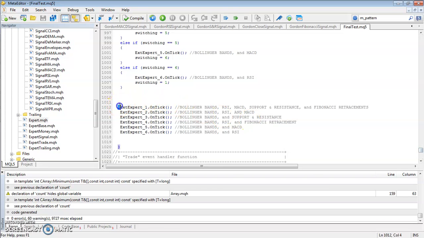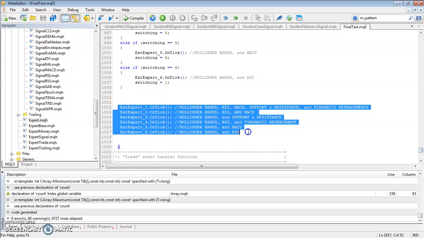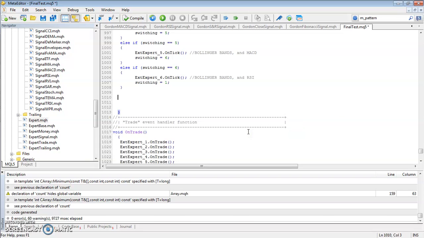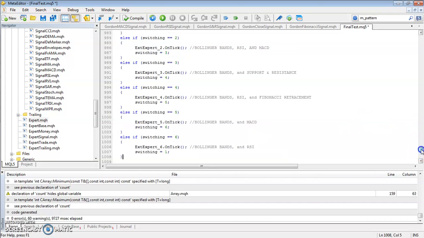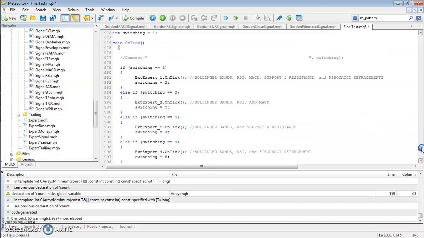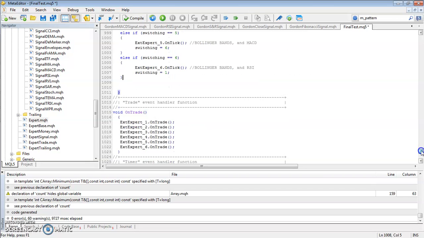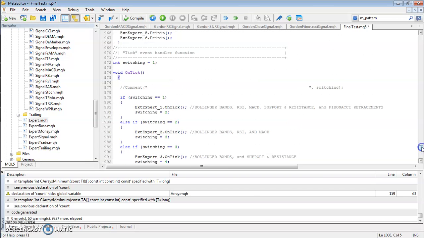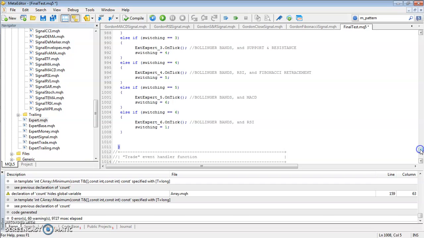And here, pretty much just delete that. And that's pretty much it. And so I think the last thing I'd like to explain is that,